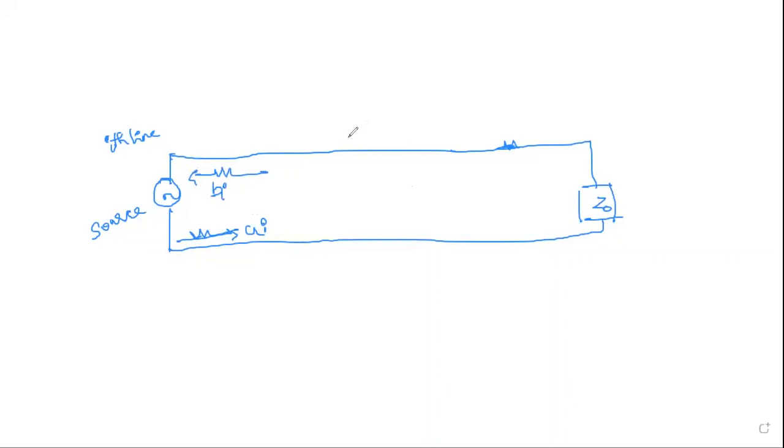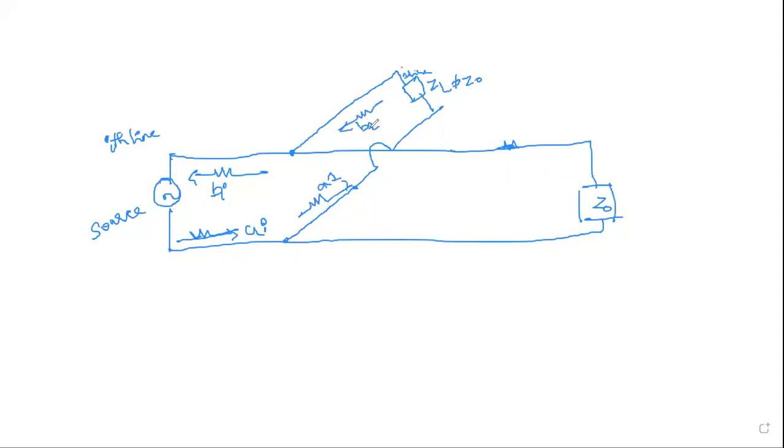Now I need to consider, say, 3 ports. If I'm considering 3 ports, I'll take the extension from here, that is for the input, from here to here. Now this line should give you one more port, which I'll be terminating with something that cannot be Z0. It is something which is not equal to Z0, or not equal to Z line. This will be the first line which I consider. So the input to this will be A1. Similarly, the reflected will be B1.